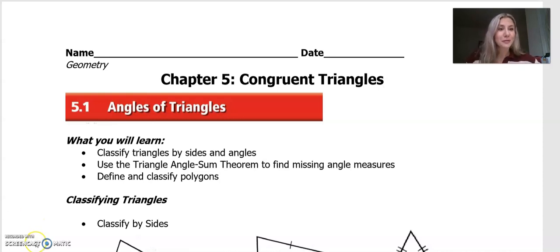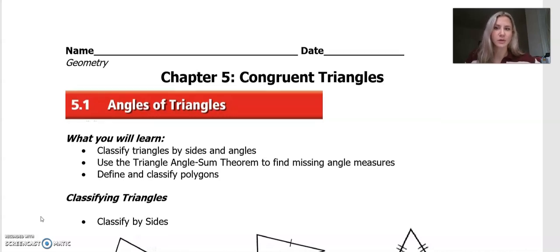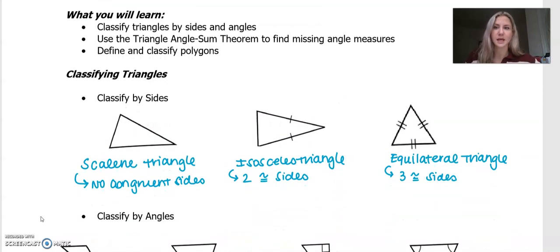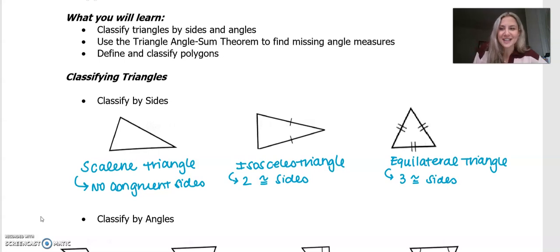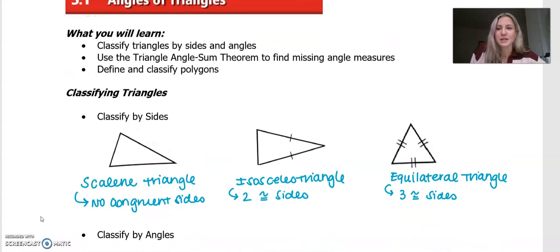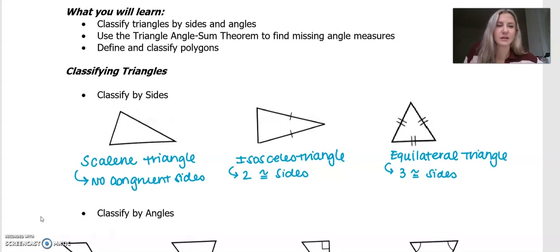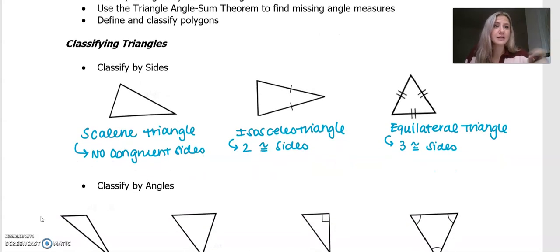We're calling it Unit 4 because it's the fourth unit we're talking about. And this unit is all about congruent figures, specifically triangles. So I thought we'd just go over some basic types of triangles to start. There's two different ways that we can classify triangles. We can classify triangles by their sides. That's the first one. And if you want to make note, we've got three different types of triangles here